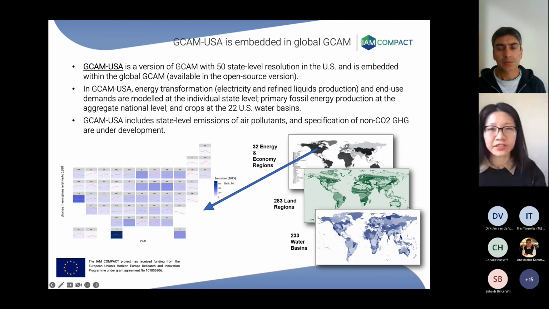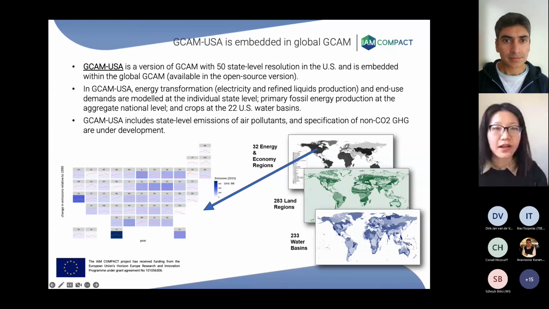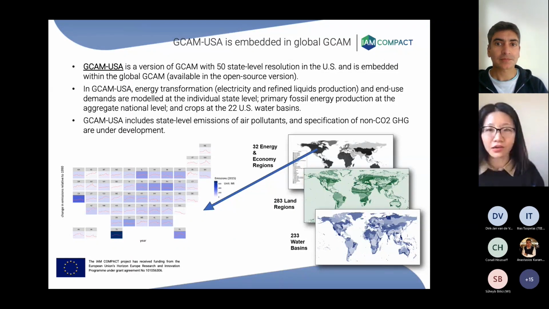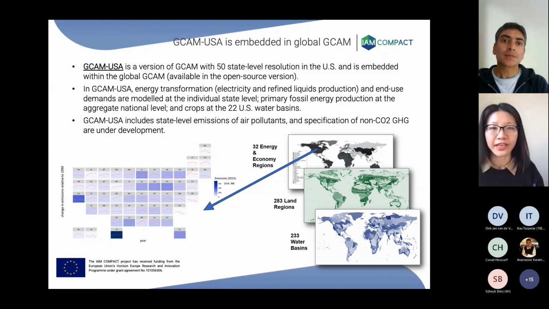For now, the primary fossil energy production is still aggregated at the national level, and crop production, including biomass, is at the water basin level, with all the agriculture land use dynamics happening in the global model. For the US, we have 22 water basins. So that's the resolution there. For air pollutants, we have state level resolution. Not all the non-CO2 greenhouse gases are at the state level currently, so that part is under development. Hopefully it will be